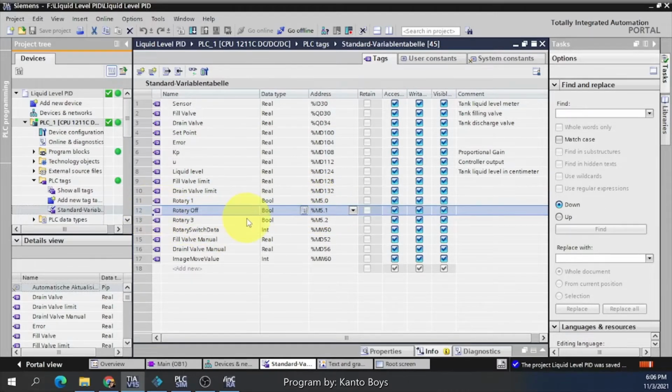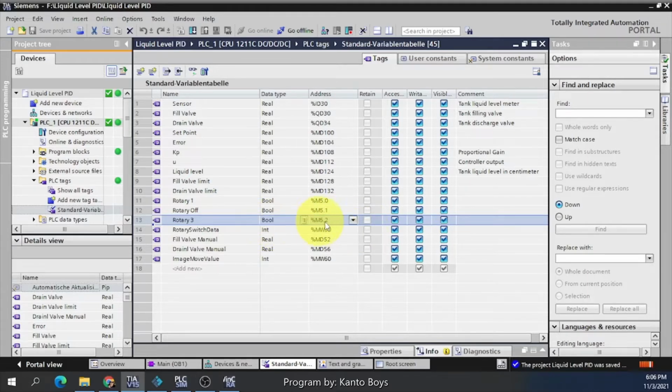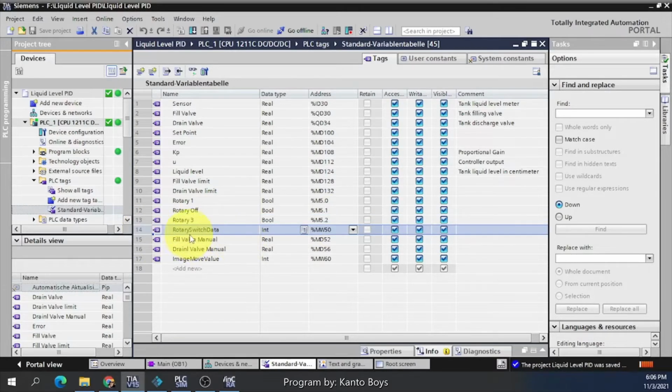We have M5.0 rotary off, M5.1 rotary 3, which are Boolean, then M5.2. The rotary switch data is an integer, MW50.